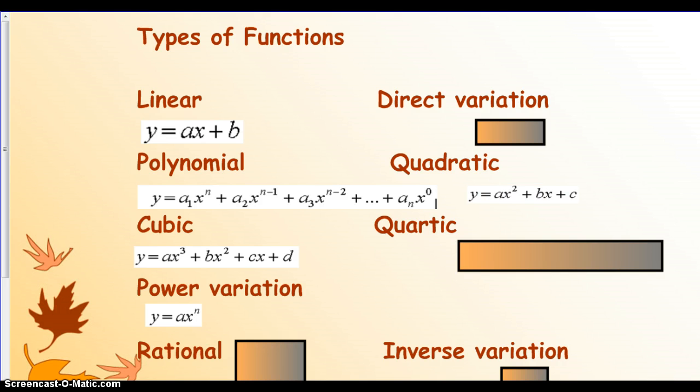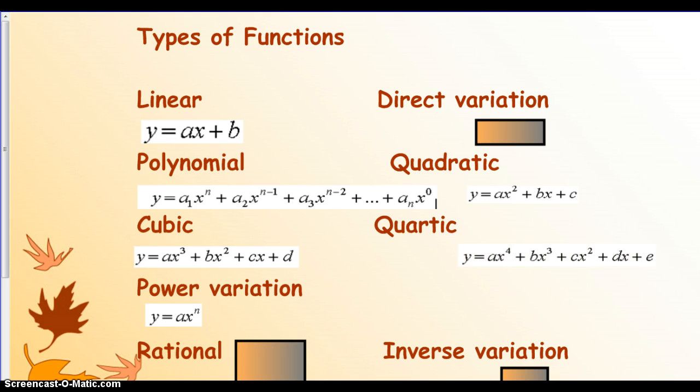The quadratic, you have seen. The quartic is the fourth power. Direct variation and inverse variation, you have seen those as well. Rational functions, you want to look at where it would be undefined. The two we need to add are